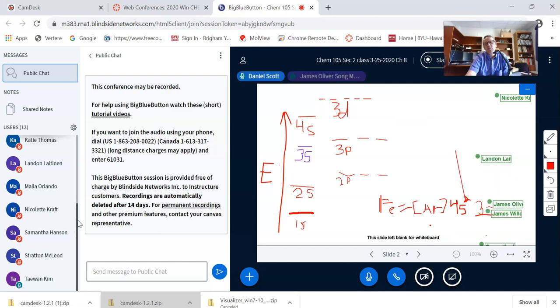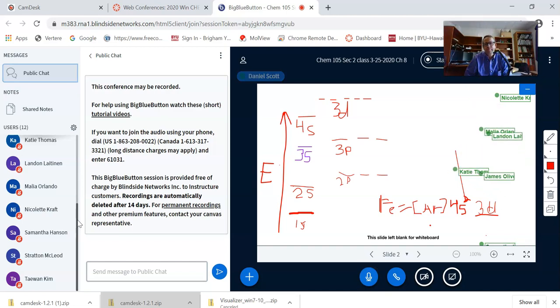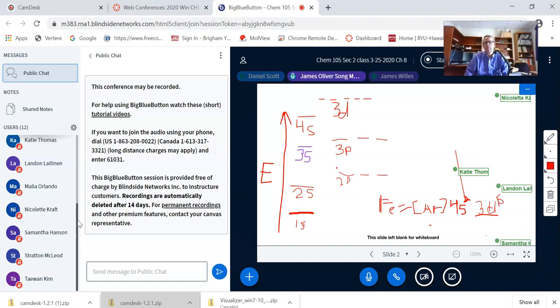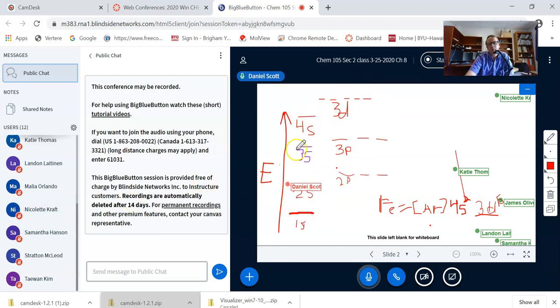So the answer is 3D. And how many Ds? How many if we're going to iron? 5? Is that for iron? I think there's 6. Right? If we count across there, 1, 2, 3, 4, 5, 6. Very good. 3d6. Excellent. So, if we go putting in some arrows on our orbital diagram here to fill that up,